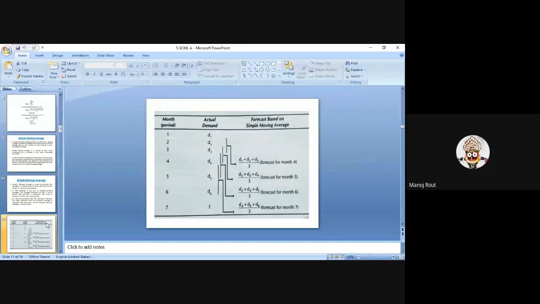Similarly, once you get the forecast for month 4, this value is again used to forecast the next time period, the forecast for month 5, by using D2 plus D3 and the new value of D4, or you can say the forecast value of D4, and here n remains the same, n equals 3. And by using this formula in case of simple moving average, you can forecast